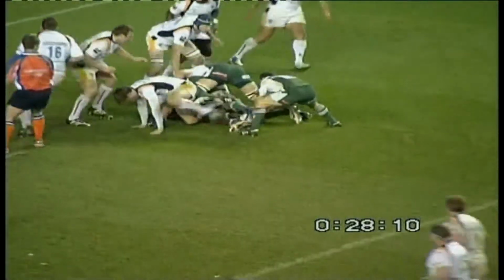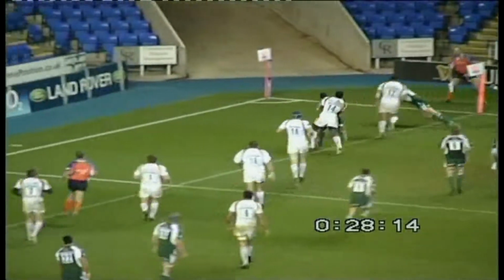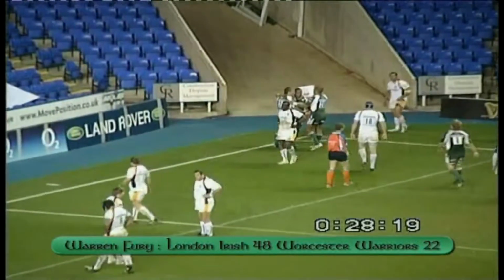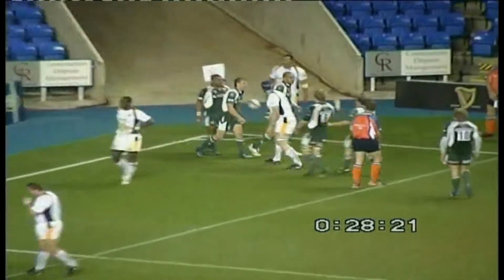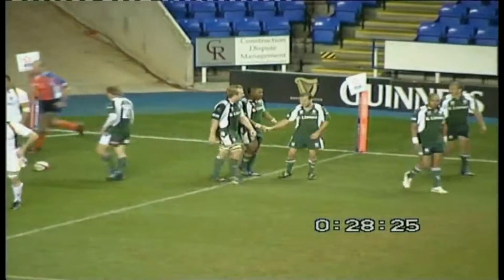When they still have numbers on the right, if they can just shift the ball there. The try's on the right-hand side. Who's going to score it? In the corner, who is it? I think it might be Warren Fury, is it? I think it is. And I think you'll find the surprising thing was that Steffon Armitage actually passed the ball. Yeah, well, he had nobody in front of him. Why did he pass the ball? Extraordinary act of